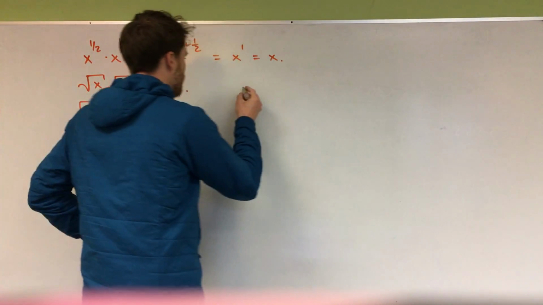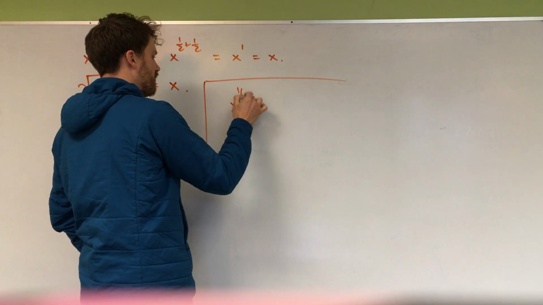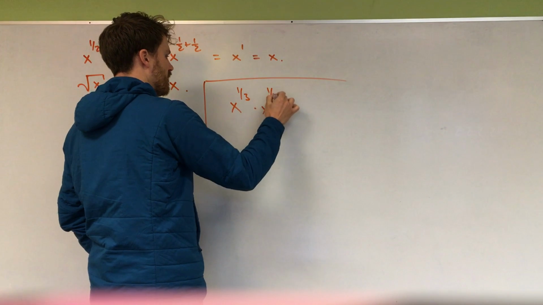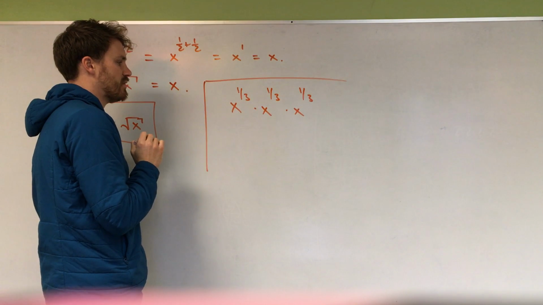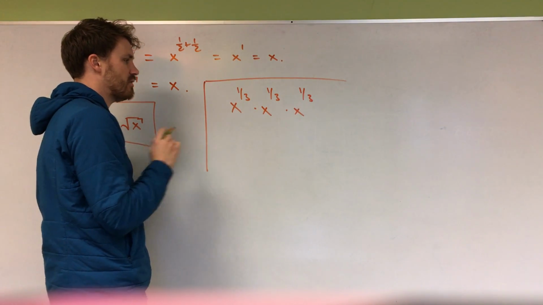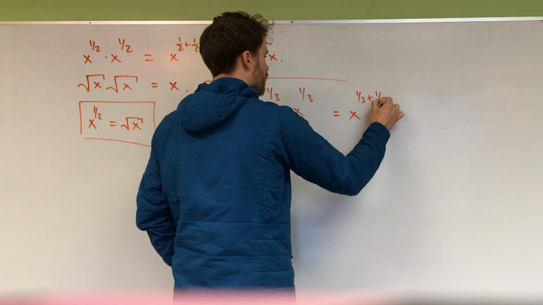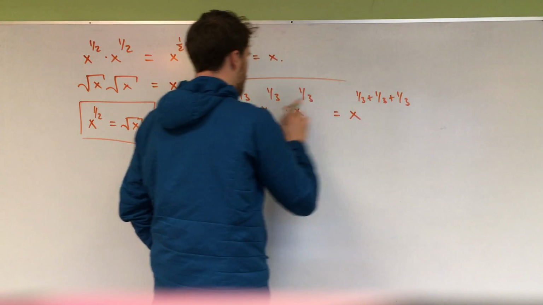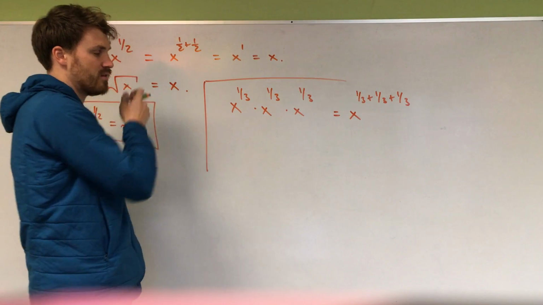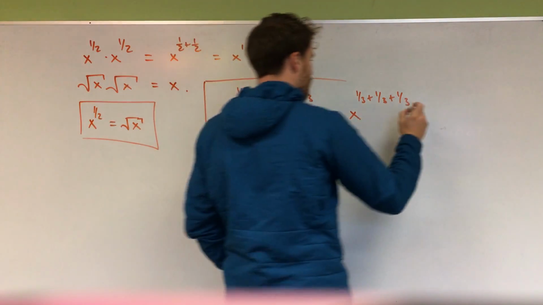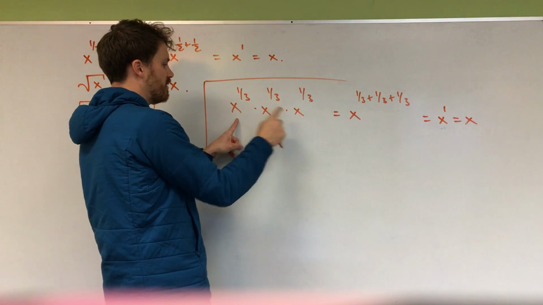Extending this, we could think about x to the 1/3 times x to the 1/3 times x to the 1/3. Well, that is x to the 1/3 plus 1/3 plus 1/3, right? Because when you multiply like bases, you add the exponent. So we've got 1/3 plus 1/3 plus 1/3, which is x to the 1, which is x. So here we are multiplying something 3 times